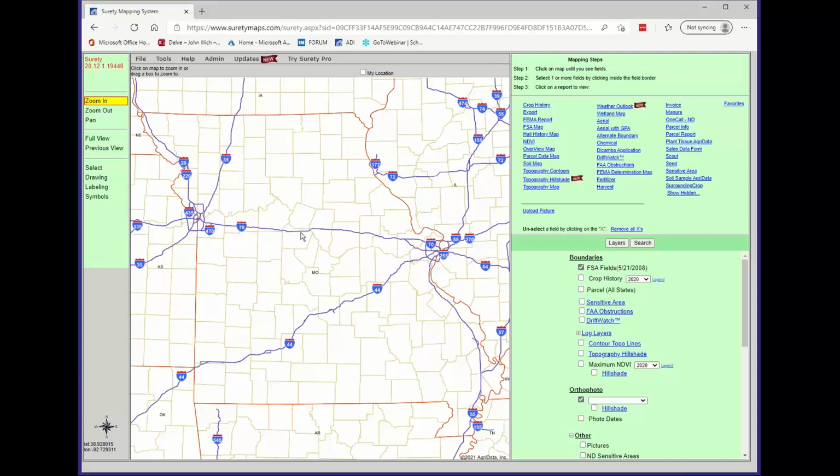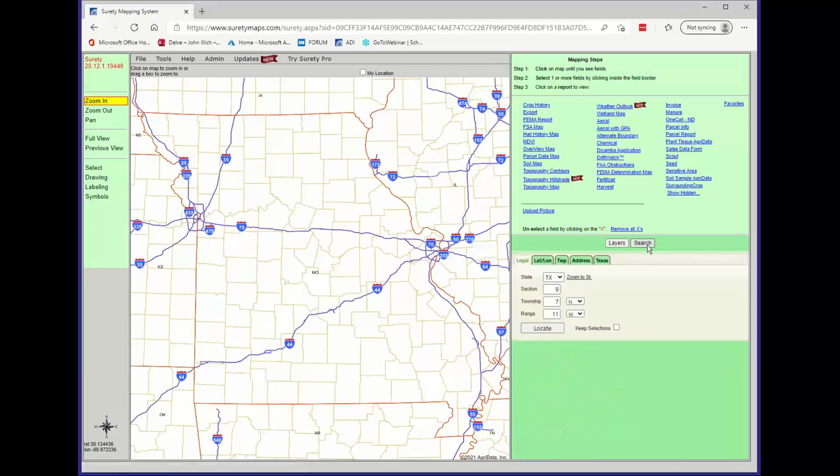Okay, now we're going to move over to search tools, or ability to find locations based on information that you may have. We have several search tools. Now, the search tools are located on the lower left side under the search tab. So if you click the search tab, we'll bring up a set of 5 additional tabs. The first one is our legal description. This is the